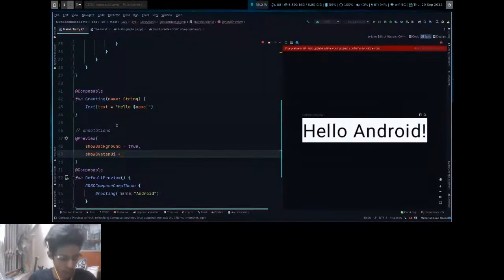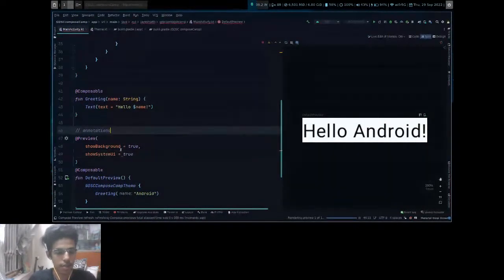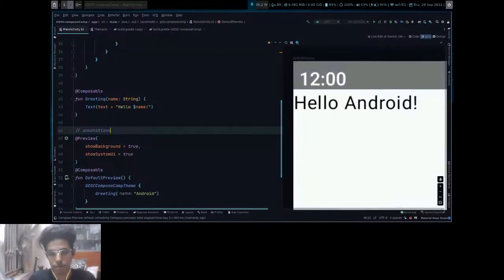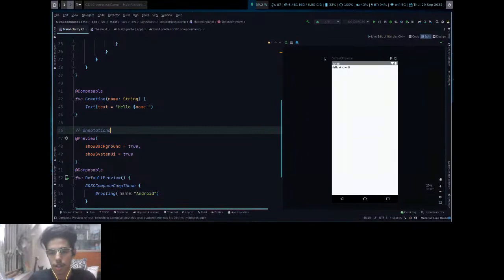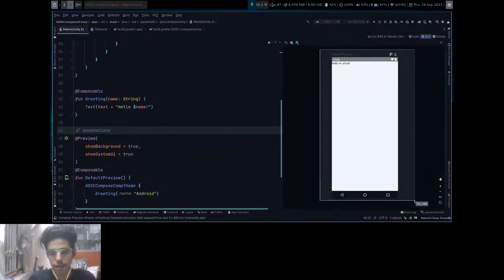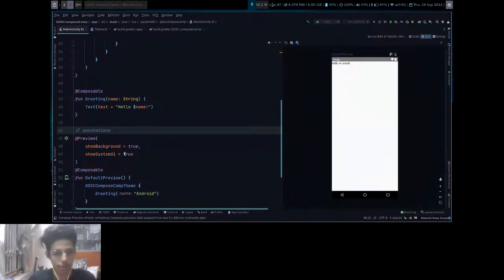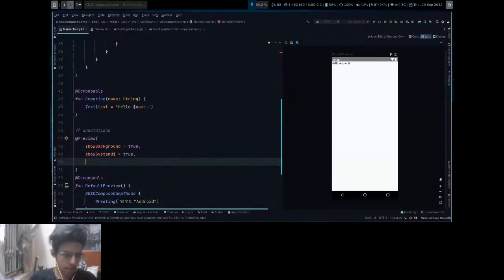Show system UI takes a boolean, so if you put true and rerun your preview, you can see it will display how this composable will look in a UI.